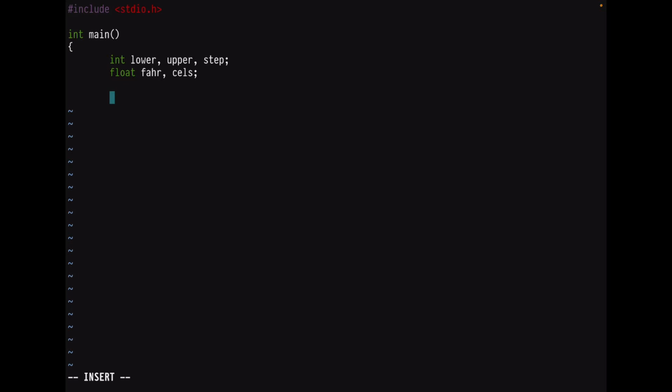Okay, then I will assign a value to our constants. Lower will be 0, of course. Upper will be, as I said before, 100, and then step will be 20. Okay, and then we will need to, well, let's first assign a value to our Celsius. Celsius equal lower, means 0,